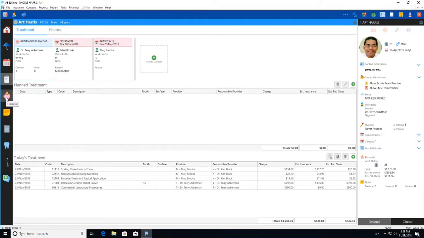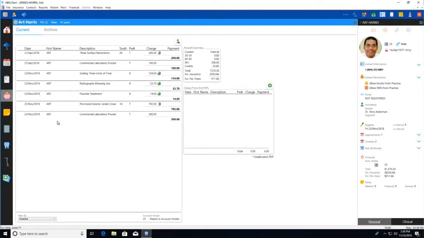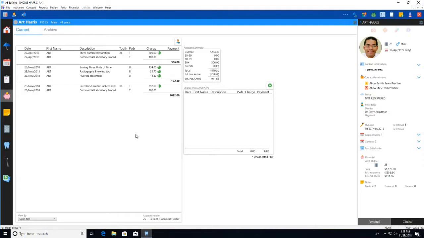So let's go have a look at his financial. And you will notice here, I don't know that I want this in detail. Let's have a look at an open view. All right, so you can see how each of the codes that I've entered in here has a little pie chart next to it. Okay, so any service that has any insurance assignment will have these little pie charts next to them. Okay, when you hover your mouse over each pie chart,